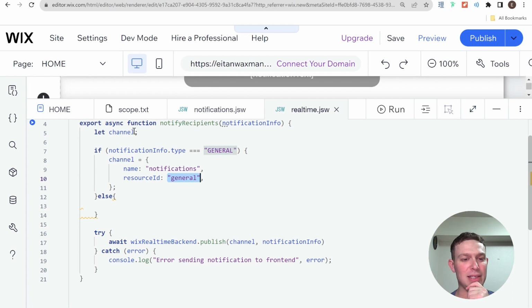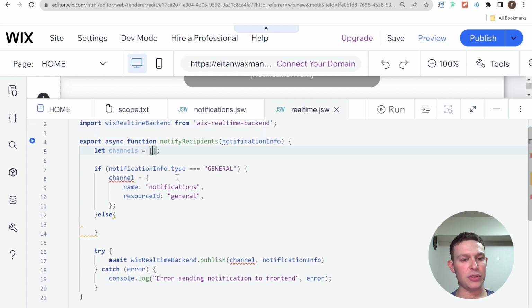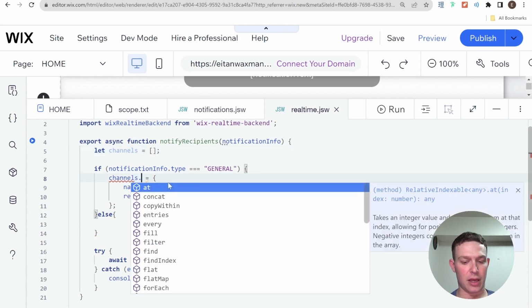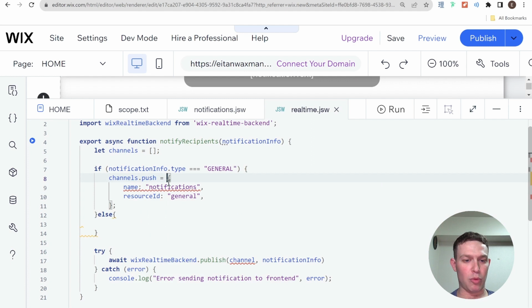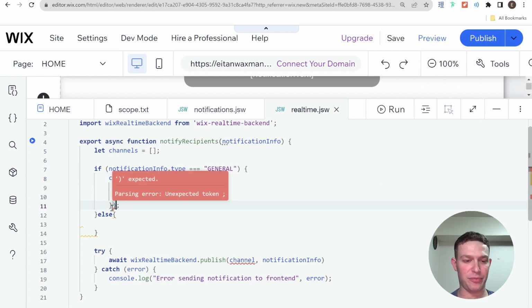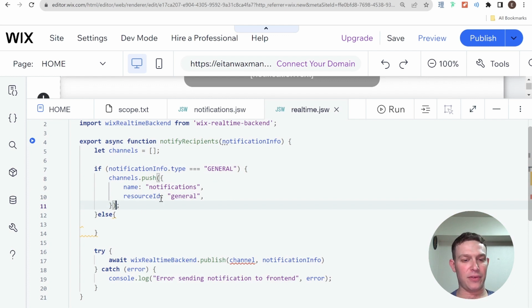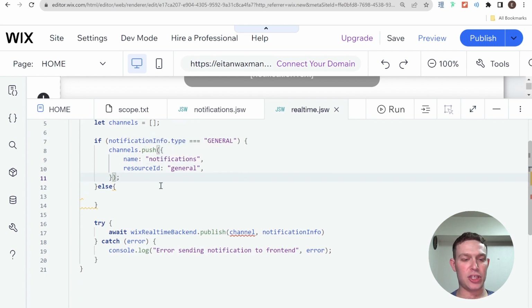Okay, so let's do it like this. Let channels equal an array. If the type is general, then channels dot push, and we'll push in this channel over here, which is the general channel. And if it is not general, then what we'll do is we'll say